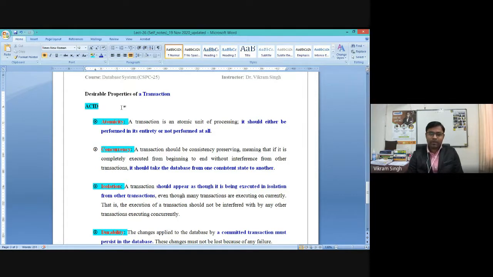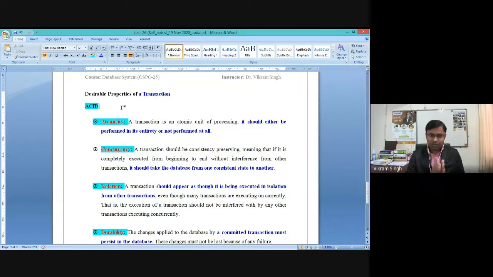The very first property which must be ensured by the DBMS system in a transaction is called atomicity. Atomicity is one of the very important properties of a transaction, which we pointed out in yesterday's lecture also. Whenever there is a transaction in DBMS, it should perform within its boundaries. So the very first property says, if a transaction is executing in your database system, it should be completed fully, meaning from when you started it until commit, and if it is interrupted in between, it should not perform at all.